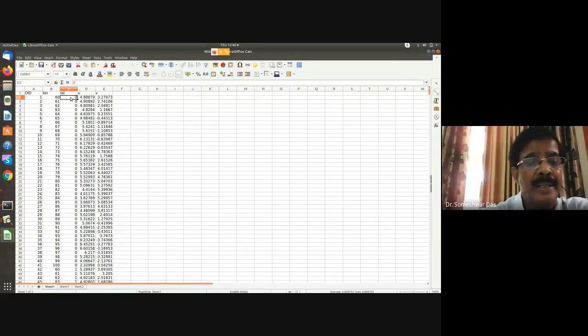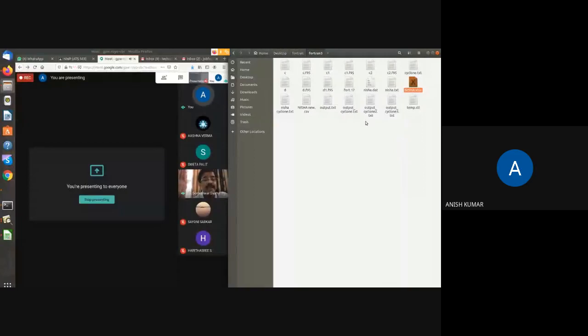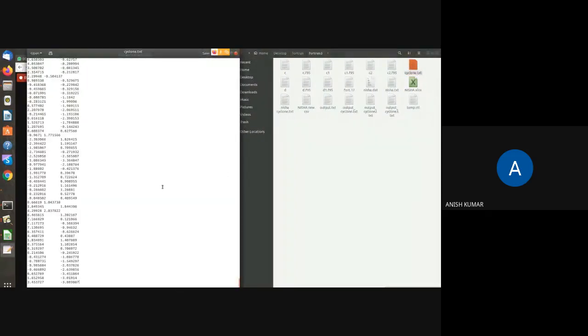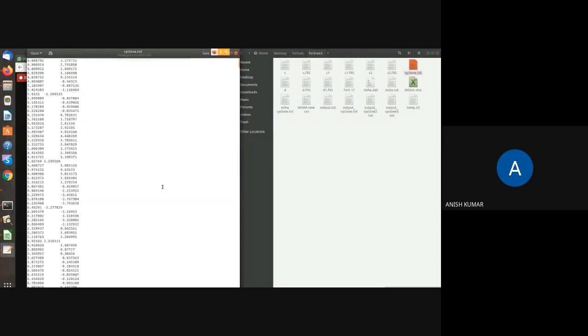So, okay, then from here, did you read directly from here or you just again... No, sir. Sir, I copied from Excel file to text file, and here is the text file, sir. So this is your text file, right? Compare the values. Yes, sir. As it is, I just copied one column first for U, and then I copied second column for V, and I just pasted both of them.